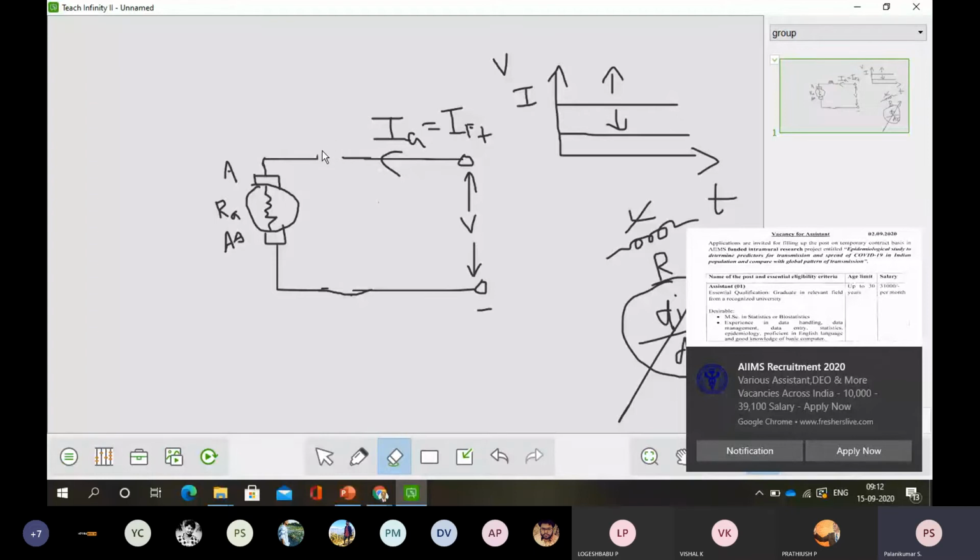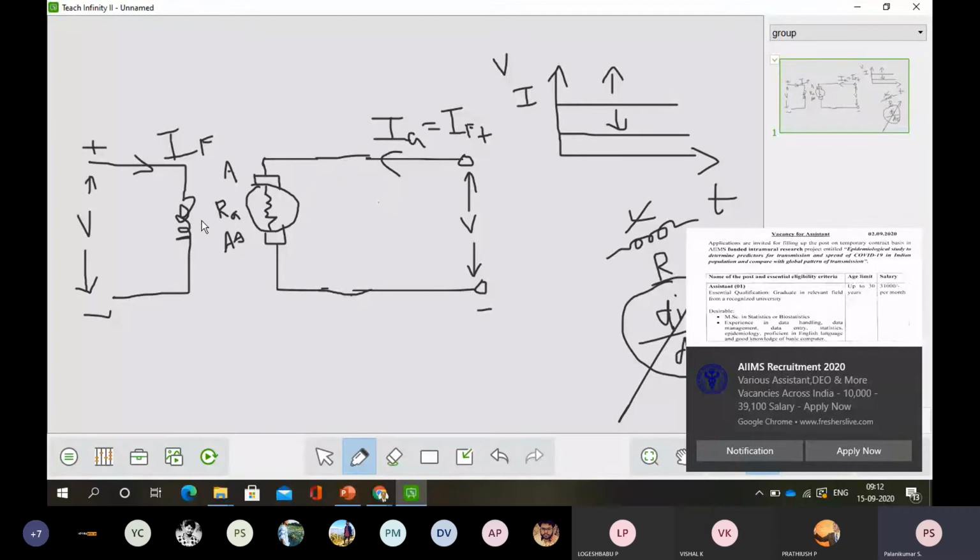Suppose instead of this, I let it be a separate connection. I'm not connecting anything; I'm simply having an armature like this, but for the field I'm having a separate connection. Here a certain voltage is applied. So I'm having two different connections, one exclusively for the armature and another one for the field. The field can have the same voltage applied, or maybe a different voltage also. It depends upon the field strength required.